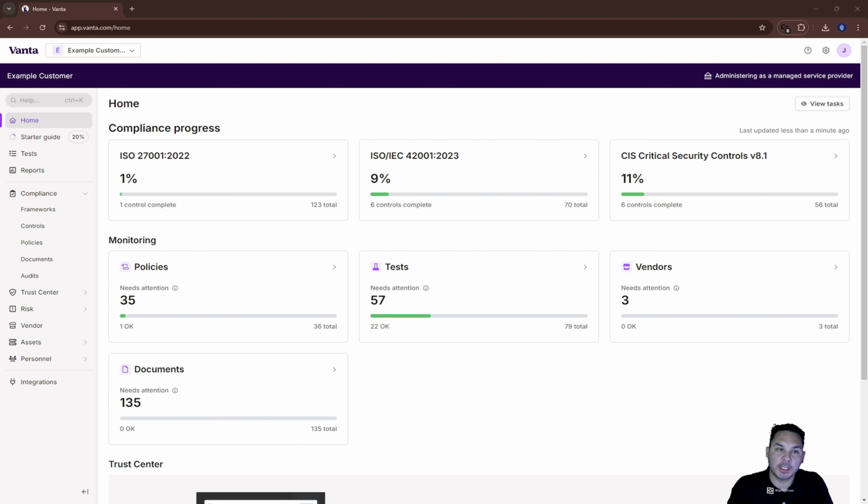Then we're going to remediate one of those controls, and then we're going to export the gap assessment again so we can see our progress. So we can begin by looking at our home screen. We can click on the CIS critical security controls,